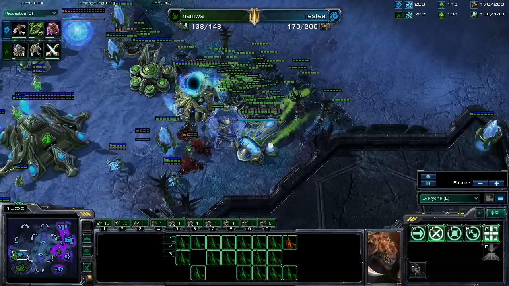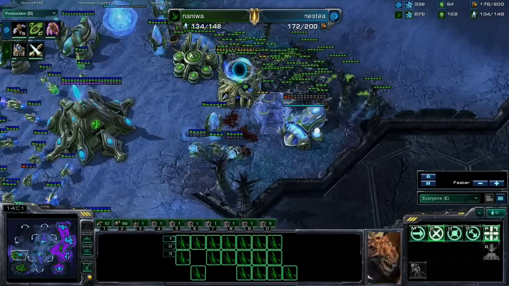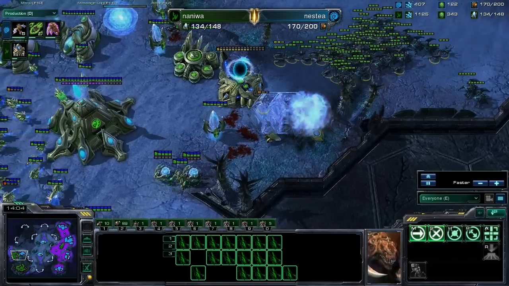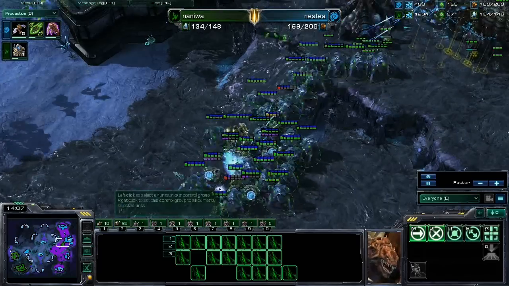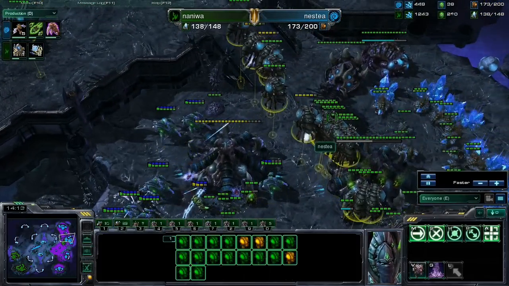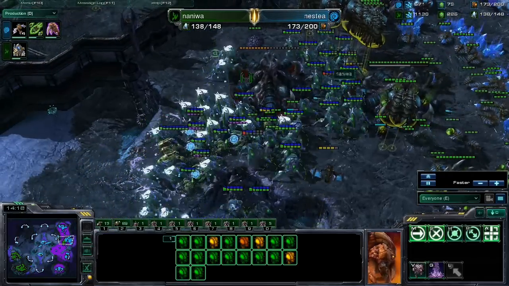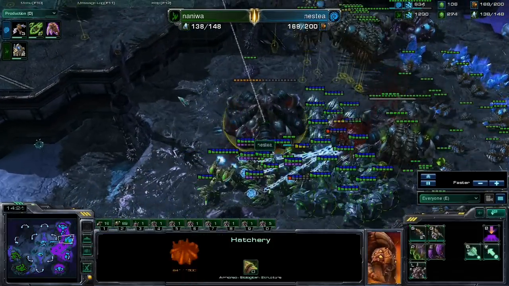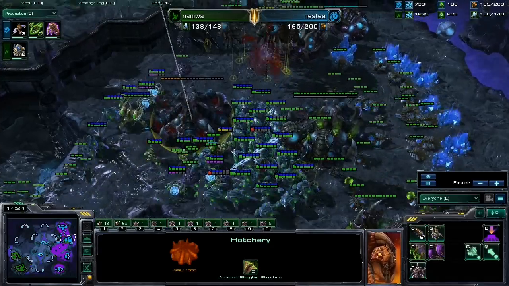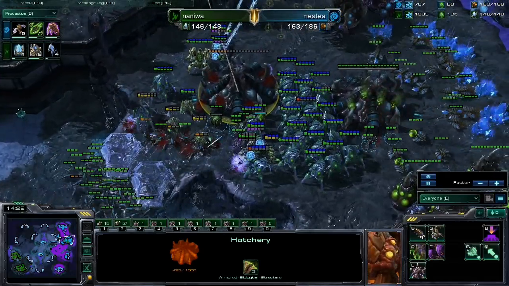There's nothing really, there's no damage at all being done right here. But NesTea is having a hard time breaking through this wall off, and now he's actually gonna move back. Oh my god, as Naniwa is gonna go for the natural expansion here as well. NesTea is gonna lose so much stuff here. That's a lot of overlords gonna be lost if Naniwa decides to focus fire on them, and the macro hatch is definitely gonna be focused, and good forcefields right here behind Naniwa right now,